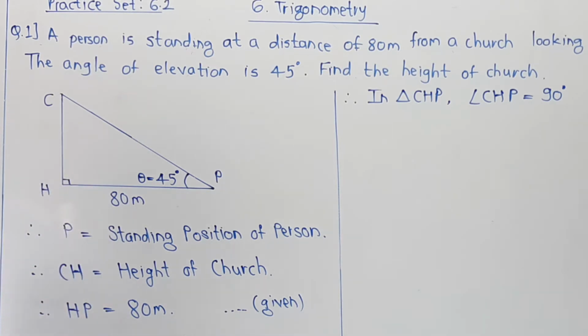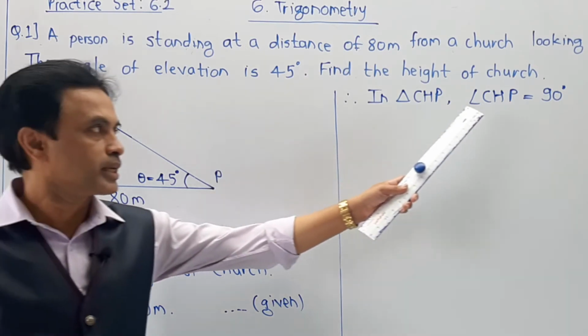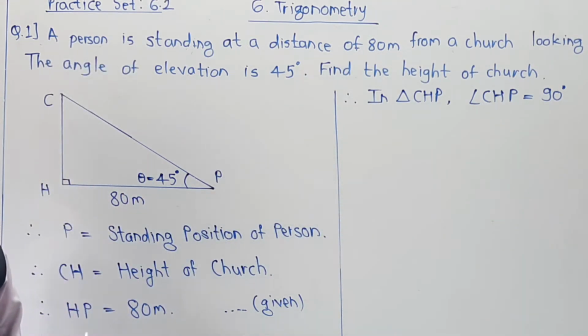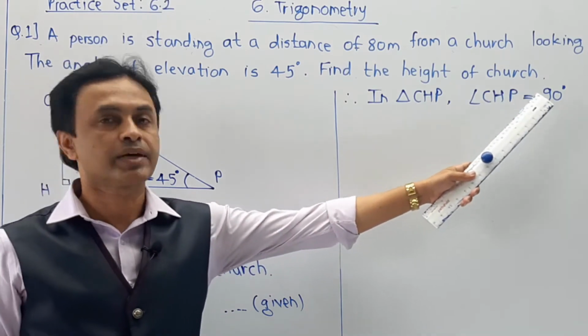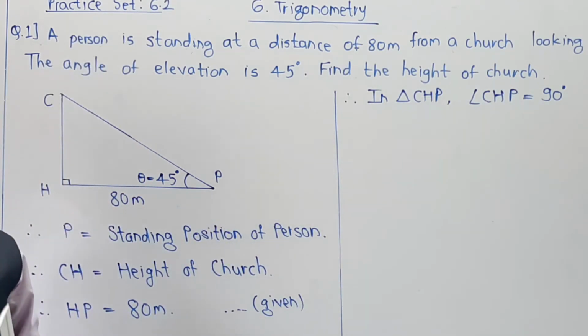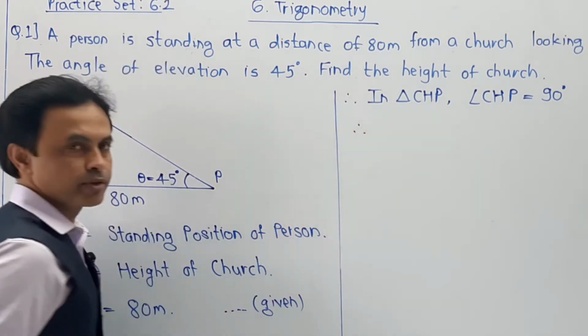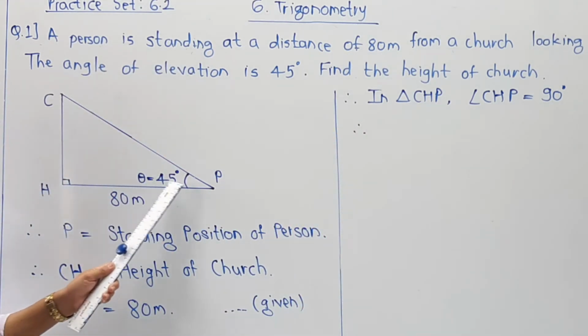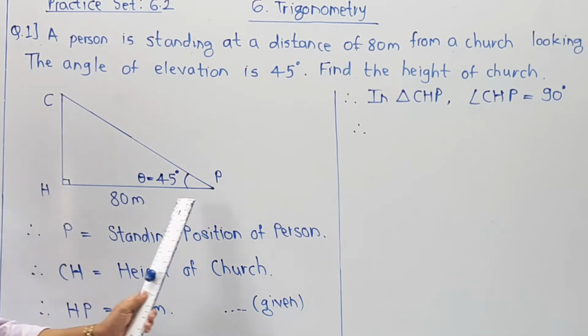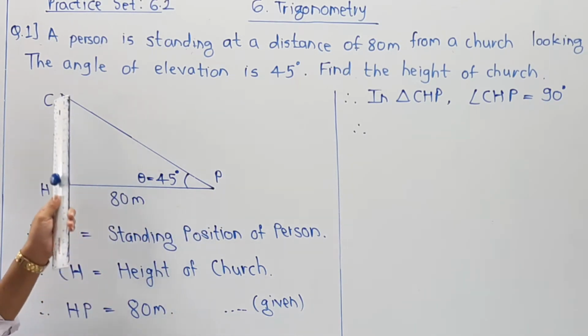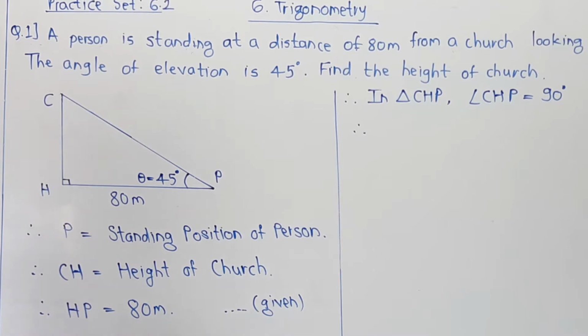According to that, we are moving. Now, as we have declared it as 90 degrees, we are ready to use the concept in the triangle. In a triangle, as one angle is 90 degrees, we can use the trigonometric ratio concept. Therefore, your part starts over here, and you can say the first logical part: tan theta is opposite side upon adjacent side. So tan theta is equal to CH upon HP.